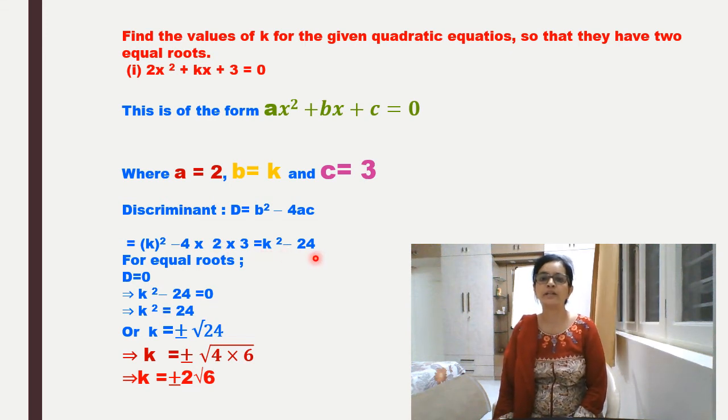As we all know, the condition is that the two roots are equal, so automatically we are going to put D is equal to 0. Once we put D is equal to 0, the equation is balanced. There is an LHS and RHS, and what remains is just to solve the equation. We will get the value of k squared is equal to 24. Therefore k is equal to plus or minus root 24, which is root of 4 into 6. And what is root of 4? It is 2, and let the root of 6 be as it is. So you get plus or minus 2 root 6. So the value of k is plus or minus 2 root 6.